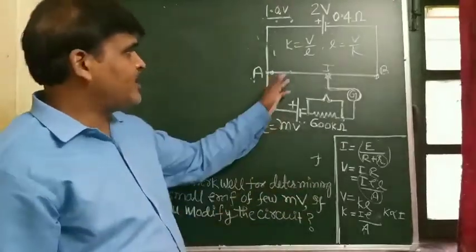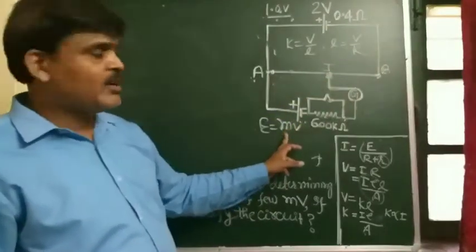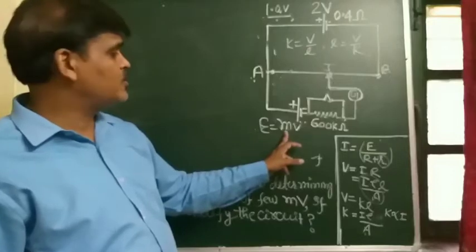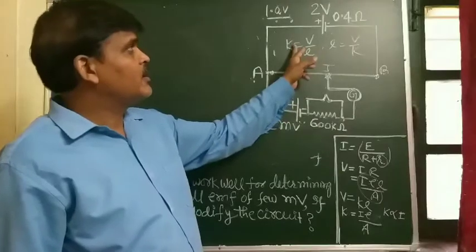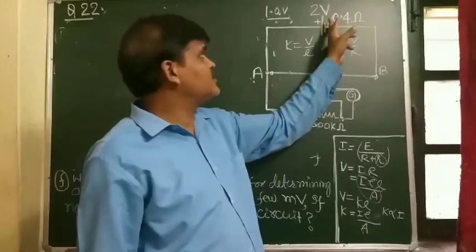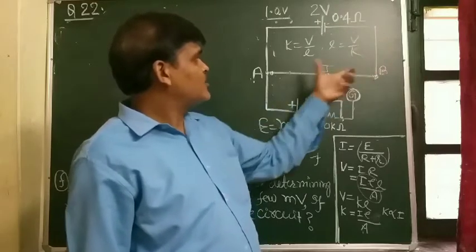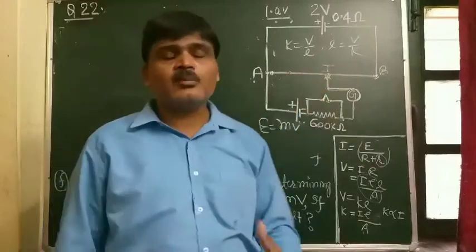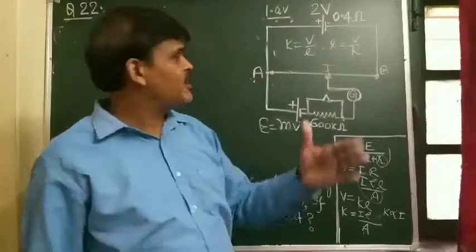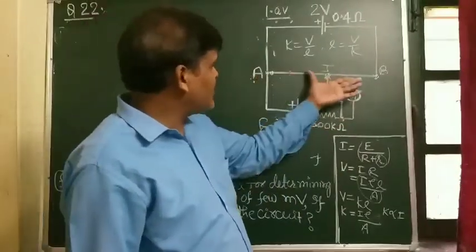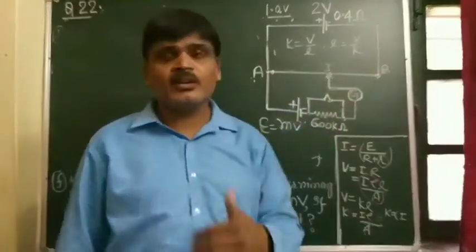To get a null point at a larger length of the potentiometer wire, for determining the EMF of a cell whose EMF is in the range of millivolts, student, a high resistance wire is connected in series with the cell, so that the resistance of the circuit increases, and the current across the potentiometer wire